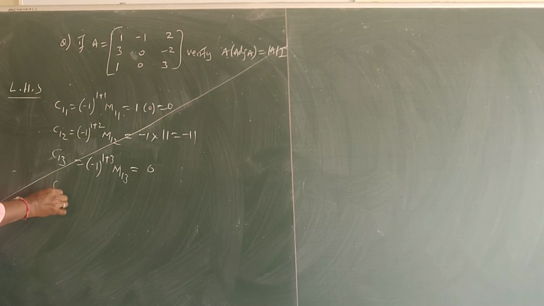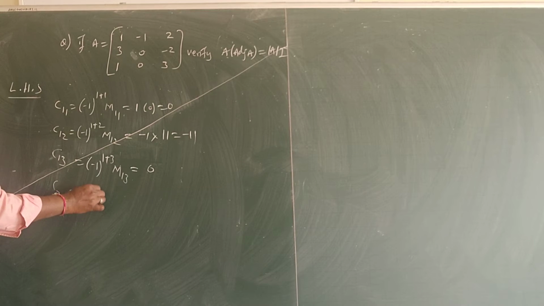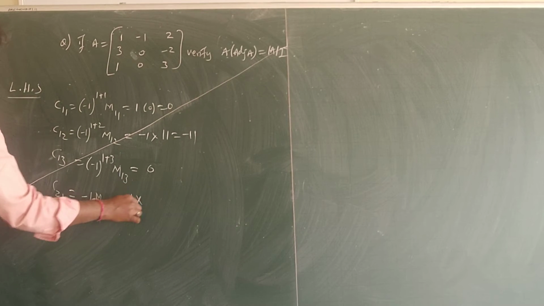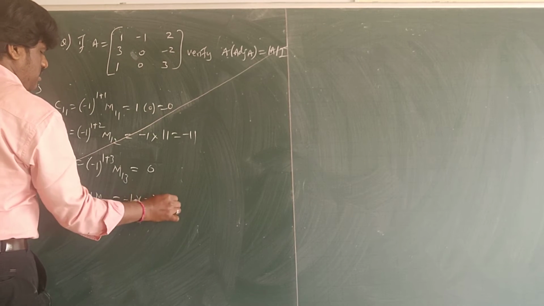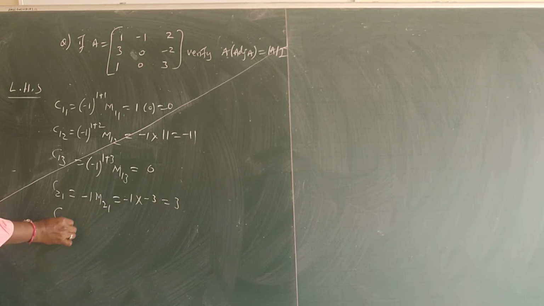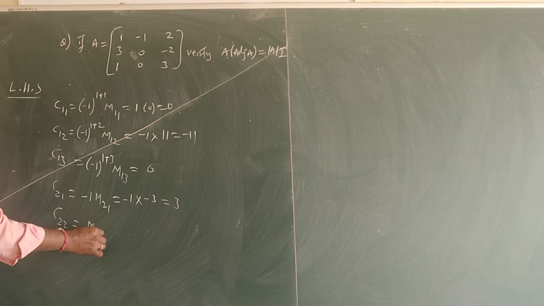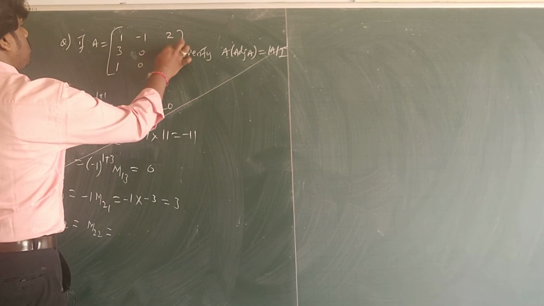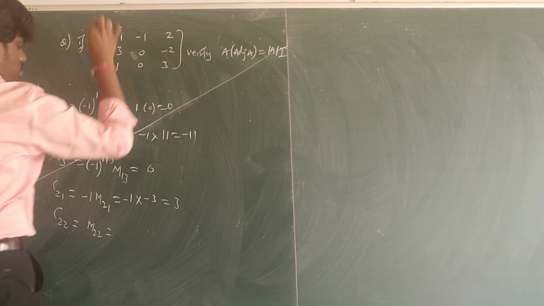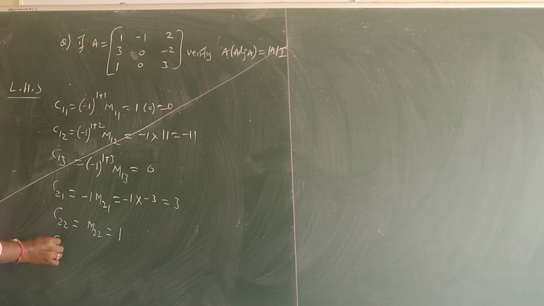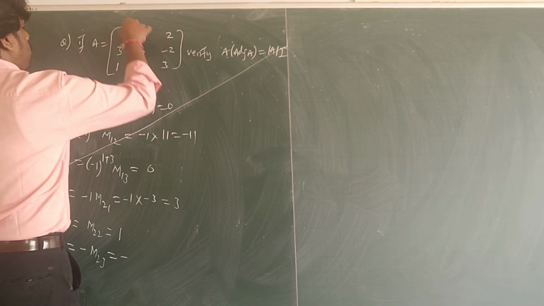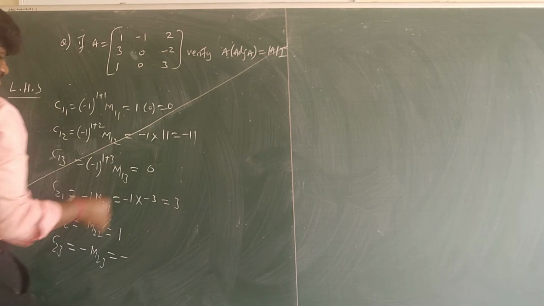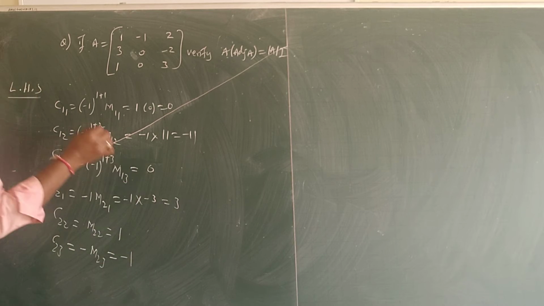Right. Next, C21. What is C21? It is negative, negative M21. So negative 1 into M21. This is closed, this is closed. Minus 3 will come. Minus 3 into plus 3, minus into plus. Next, C22. So this will be plus M22. M22 means this is closed, this is closed. 1 3 is a 3, minus 2. 3 minus 2 is 1. Right? C23 is negative M23. So what I get here is minus M23. This is closed, 1 zeros are 0, minus 1 plus 1, you get plus 1. So plus 1 into minus 1 is minus 1.